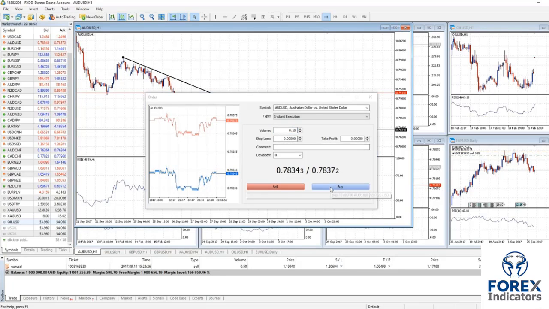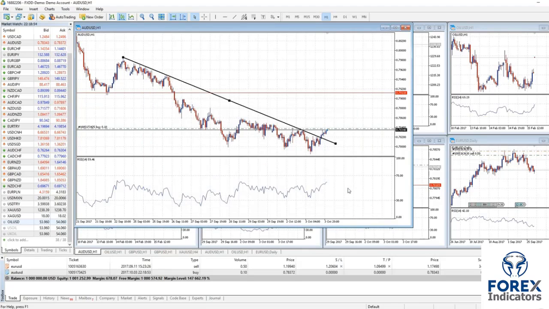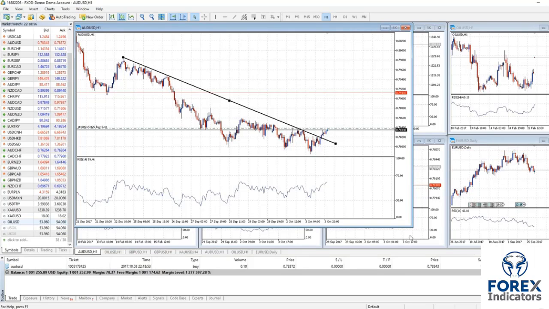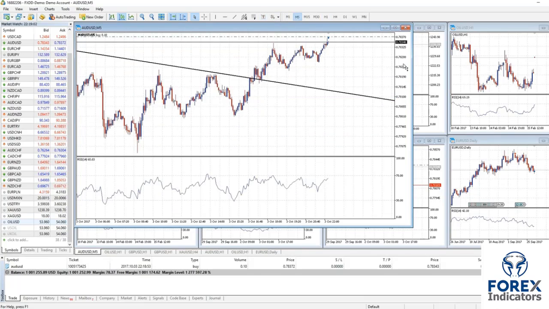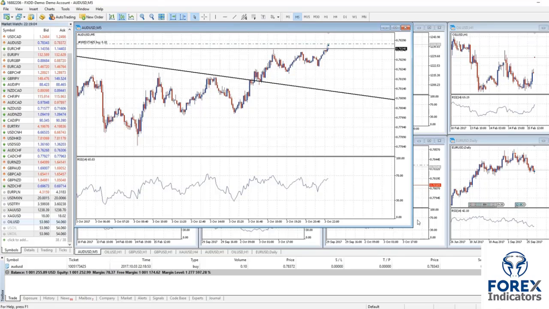So for example, let's just go ahead and make a trade here. Okay, so let's go ahead and I'm gonna buy this. Actually, I'm gonna close out this trade here. Okay, so I just bought Aussie USD, and I'm gonna scale this down to a 5-minute time frame, and you can see in the bottom that it's negative $2.90. Okay, and because I bought this, if this pair starts to fall off, we'll be sitting in a negative, so I can risk $30 per trade.